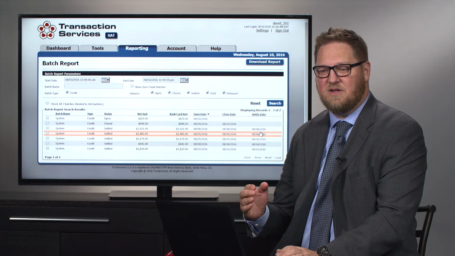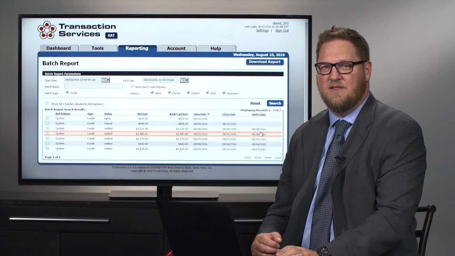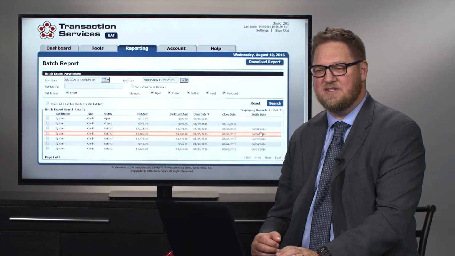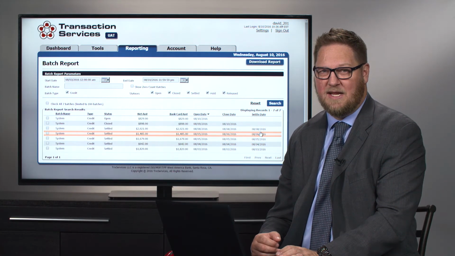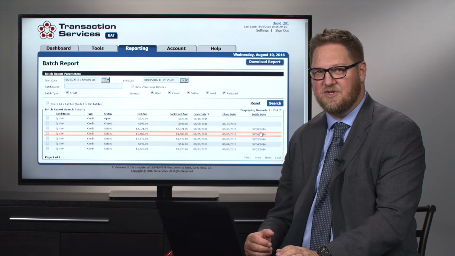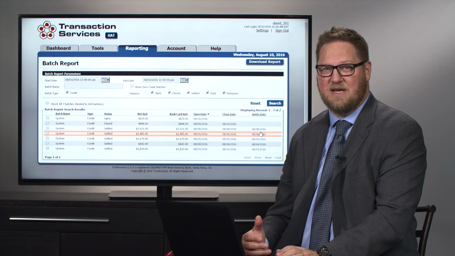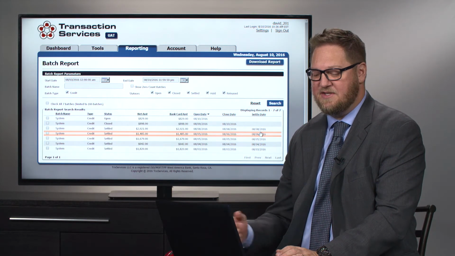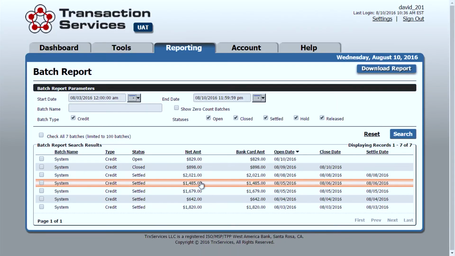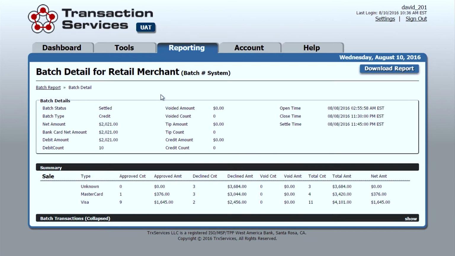If you don't close your batches and settle your batches within a 24-hour period, those credit card transactions are subject to potentially costing you more money. So with a host close, host capture solution, we can assure that the merchant receives the best possible rate for their credit card transactions. When you find a batch, you can click on that individual batch and it will show you the detail